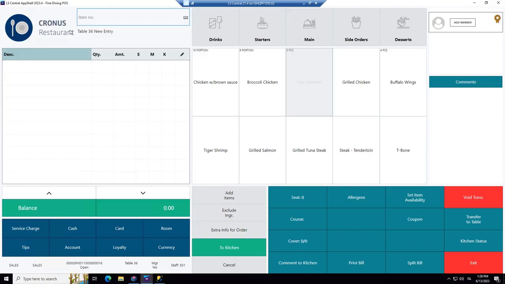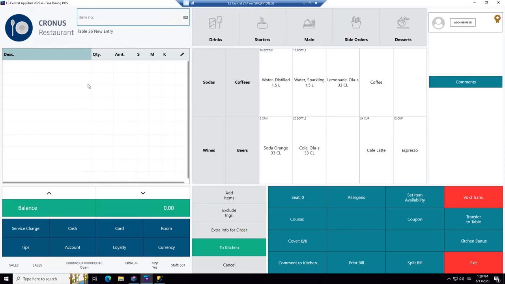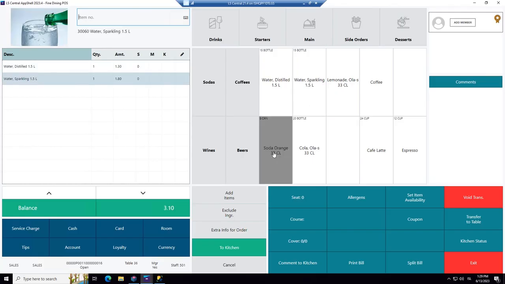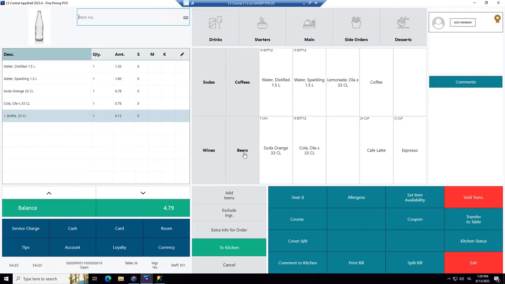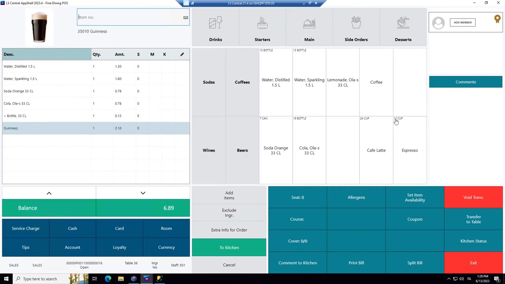So this is just a POS, remember, similar to what you've seen in retail, where you have buttons, you have menus, you have journal, and all the operations of buttons. So if you want to put some drinks on the table, you go to drinks, and then you select whatever drink you want. Water, soda and cola. If you want a beer, you can go here, and then you can find some beer, and so on.